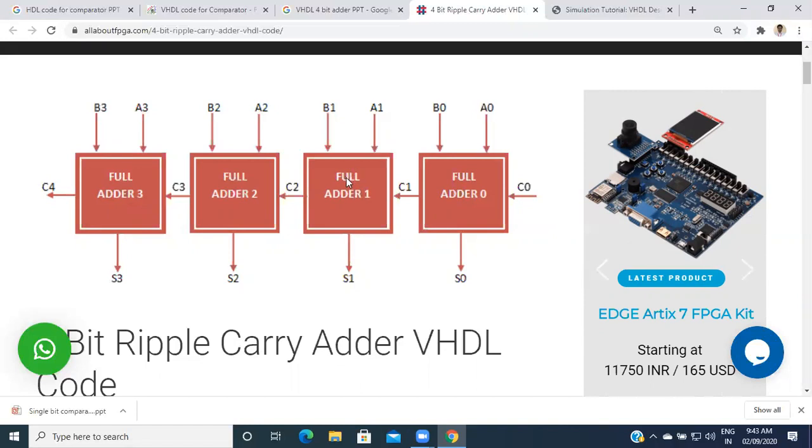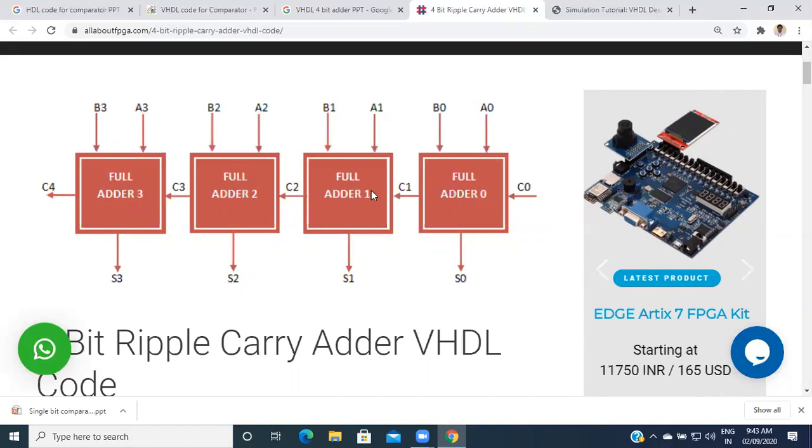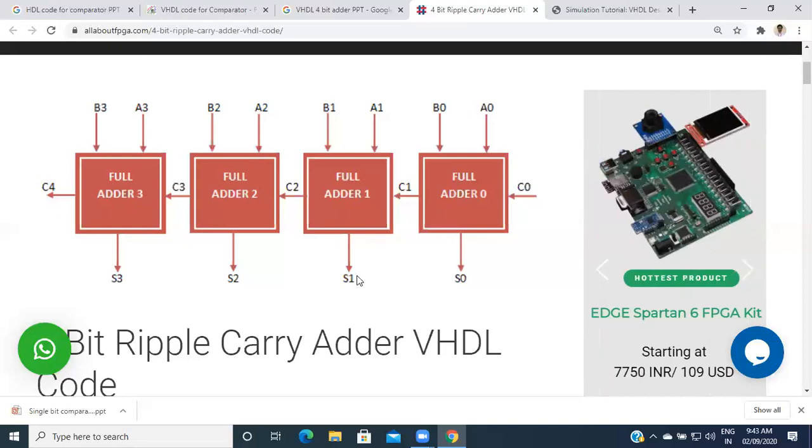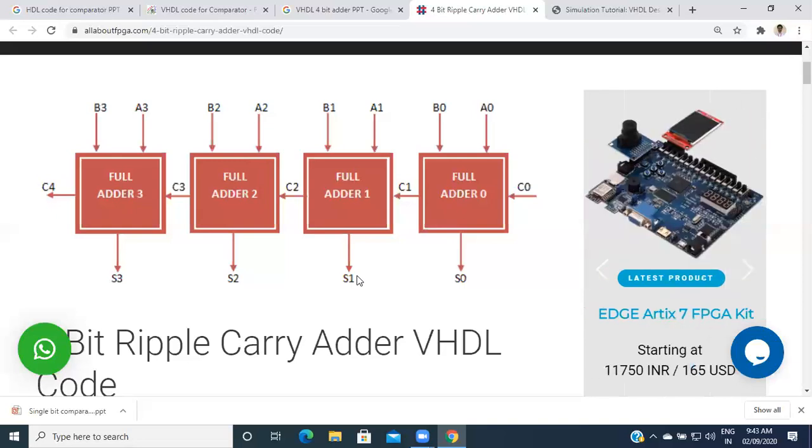After that, if full adder 1 generates a carry, that is applied to full adder 2 in a similar manner. And lastly, we obtain S0, S1, S2, S3, and C4. These things are nothing but the 4-bit ripple carry adder.